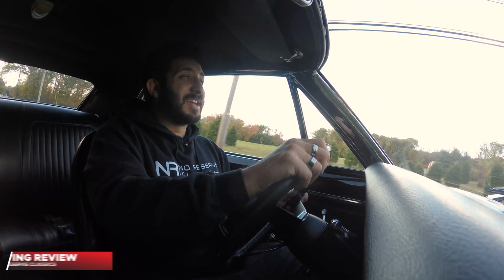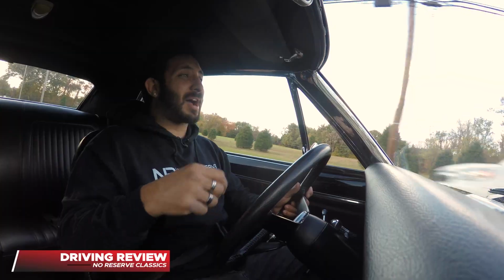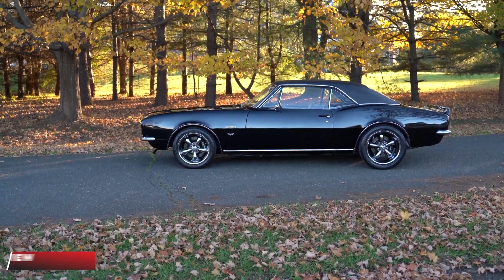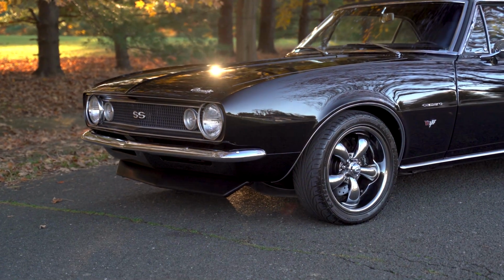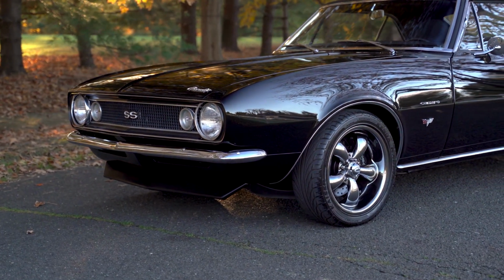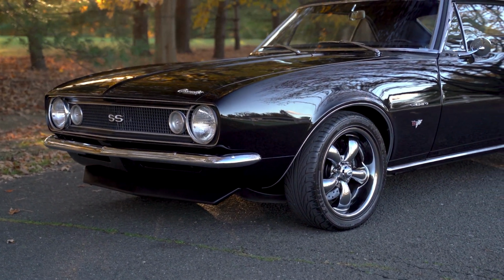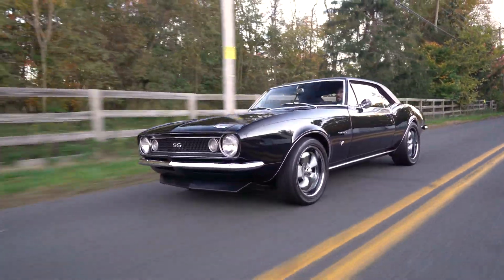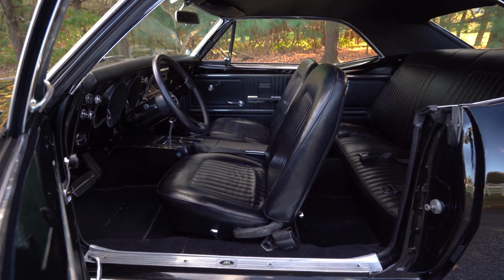All right, guys, and here we are, black on black on black. I can't get enough of it. We have a gorgeous day outside today, and this car is absolutely beautiful. Very elegant and very stylish, from the outside of this vehicle all the way to the inside, very elegant and very pleasurable